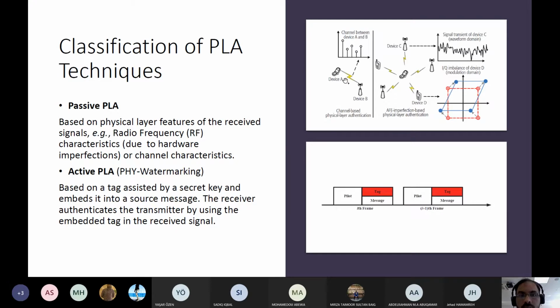The second thing is that due to channel reciprocity, the channel observed at A is similar to the channel observed at B. So both of them have a similar channel, and they can use this channel to generate a key, and they can use this key for this active physical layer authentication method. You generate the key and make a tag, a signal based on that key, superimpose it on your signal, and transmit. And at the receiver, you try to detect that tag or signal.